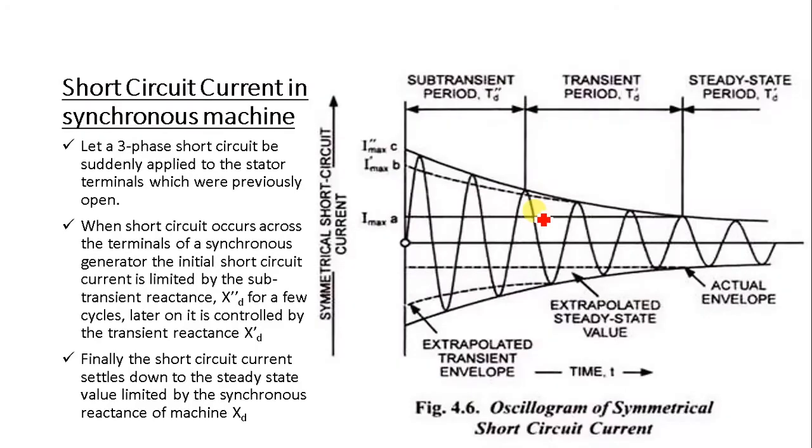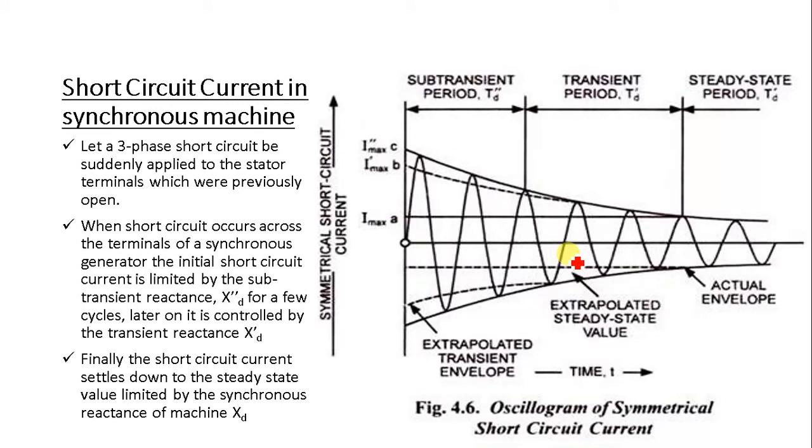Okay, now if we examine the oscillograph of the short circuit current of a synchronous machine, the DC offset current has been removed. So here we have not shown this DC offset current. So we will find the current wave, and it will have a wave shape of something like this. This is nothing but the oscillograph of your symmetrical short circuit current. Now here we are talking about currents. So the envelope of your current wave shape is plotted right here.